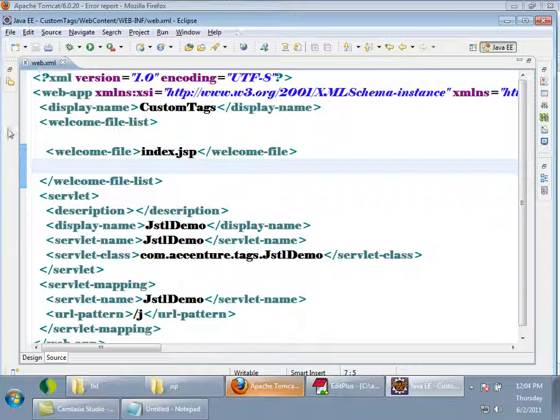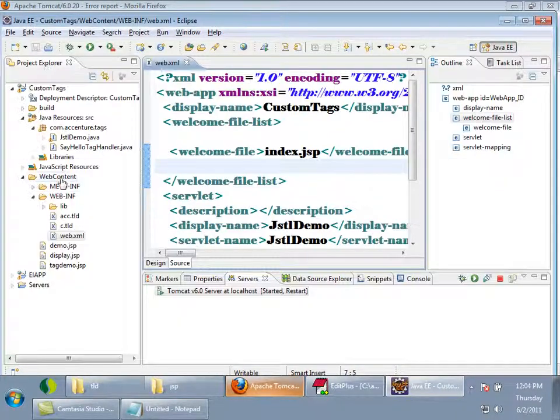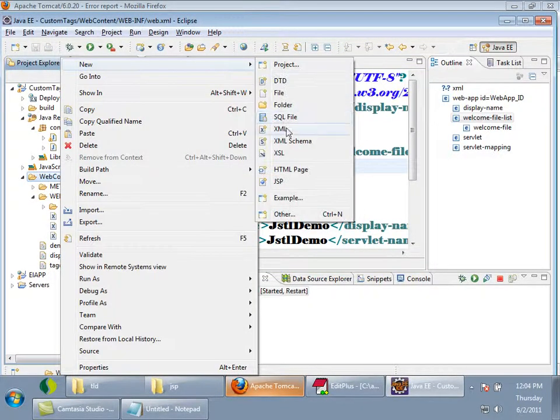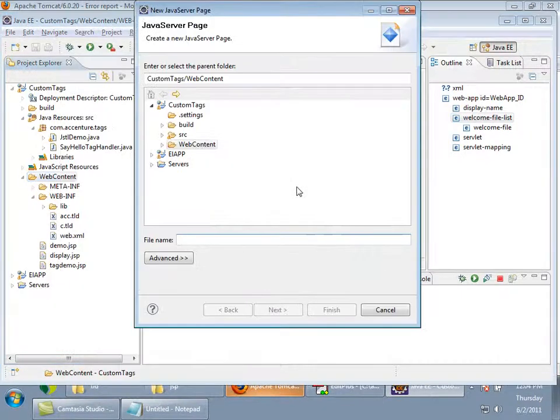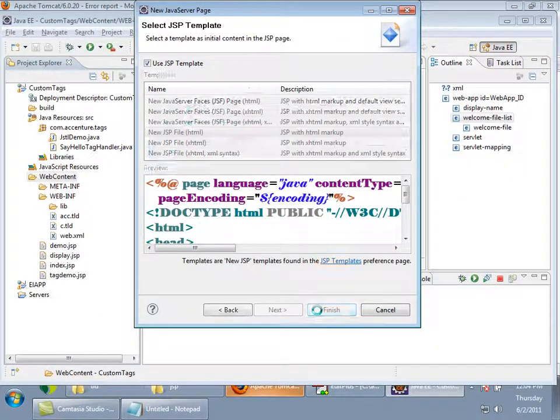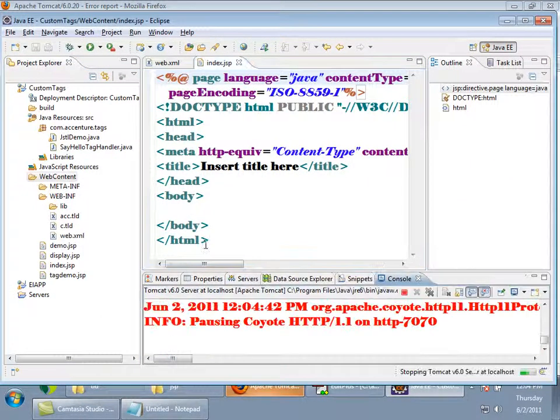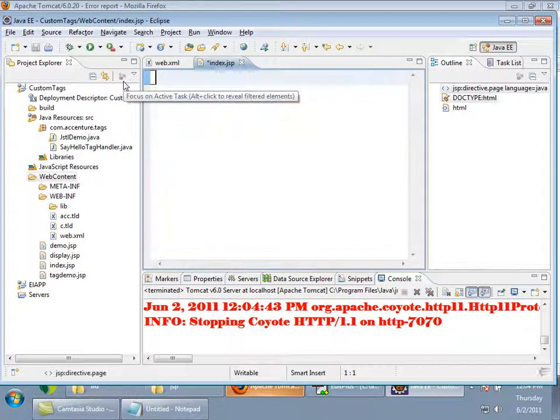Now I'll write index.jsp here. Okay. Now see, I will write welcome to Accenture.